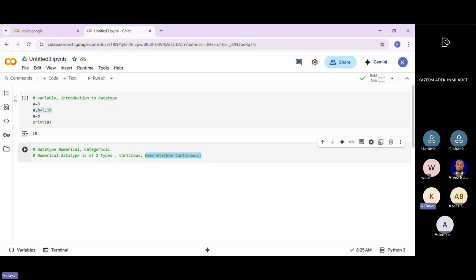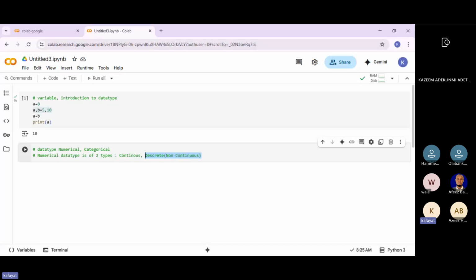In terms of continuous, these are values that actually have floating numbers. For instance, we look at measurement: height, kilogram, speed, kilometer, that is distance. When you look at it, you can definitely see that all these I made mention of have a decimal place. That is, they have a floating number at the end of their whole number.